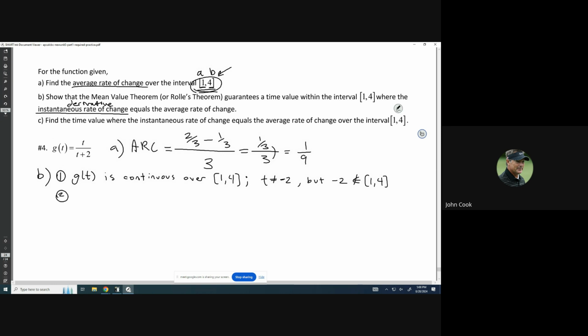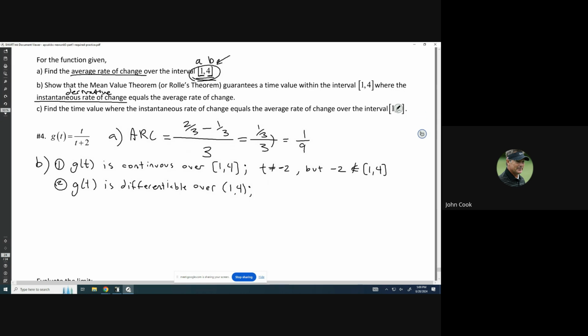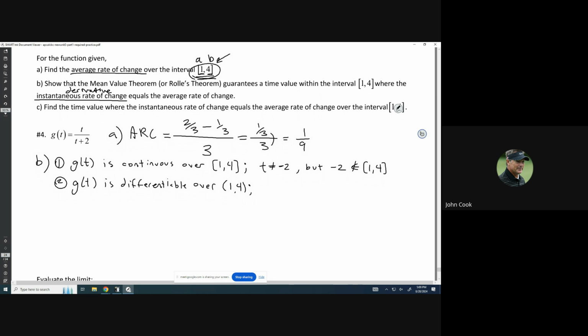The second part is that g of t is going to be differentiable over the open interval, so 1 to 4. The reason that it needs to just be the open interval is because it actually doesn't matter what happens at the ends, because it's the limit. As long as the limit on the right-hand side and the left-hand side of those intervals are okay, then it's going to work out. And you can actually show that this function is differentiable over that interval by actually finding